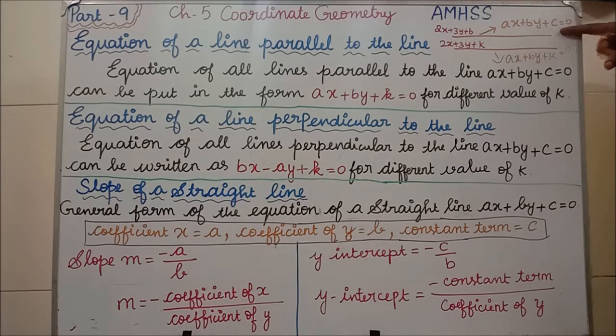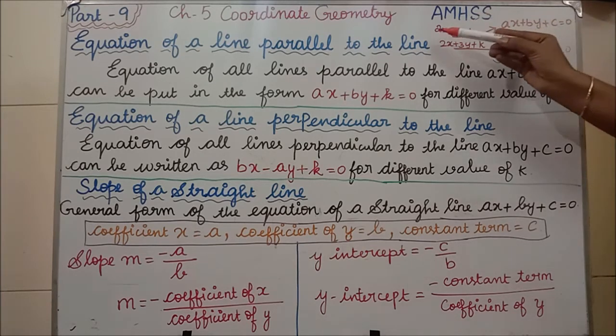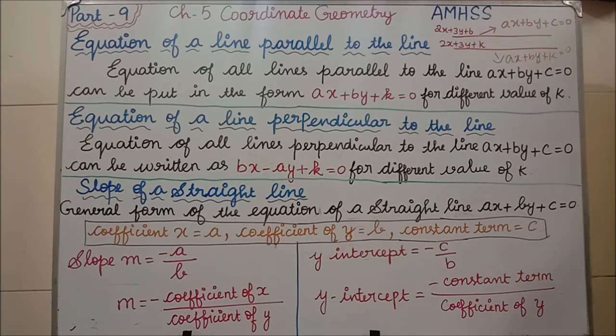So for this straight line equation, if you are drawing any parallel line, the first two terms will be the same. Clear? Only the constant term will differ. Here constant c, here k. For example, I have written 2x plus 3y plus 6. This is the equation of a straight line. Then for the parallel line, the first two terms will be the same, but instead of the 6 you will have some other value. It can be 8, it can be 2, like that you will get.